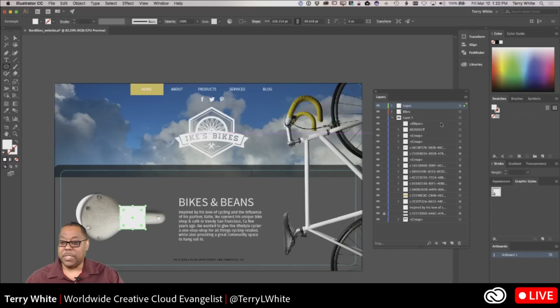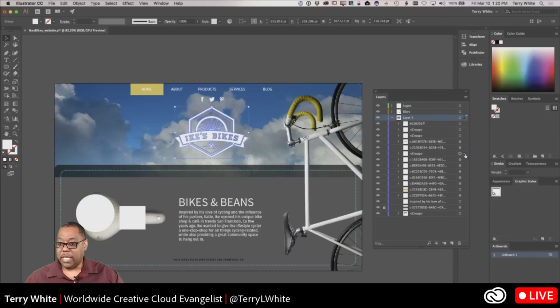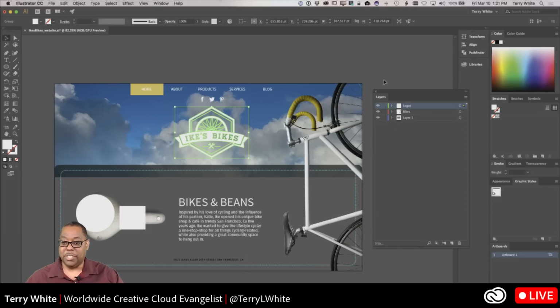If I were to take that ellipse that I created also and move that up to the logos layer, it's now on top. If I were to take the Ike's Bikes logo itself, find it here, it's that group, and move that up to the logos layer, it is now going to turn green, but it was already on top of everything, so it doesn't physically change. Okay, so this way now anything anywhere I put this is automatically going to be on top, and anything I put on the logos layer is automatically going to be on top of everything else